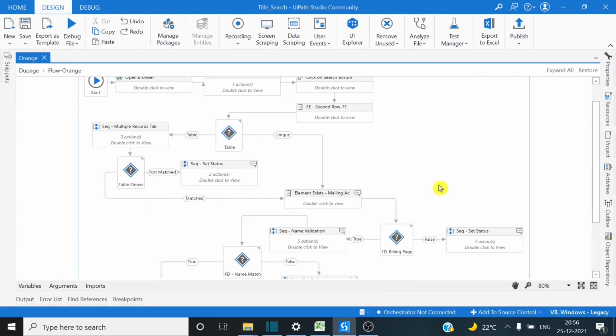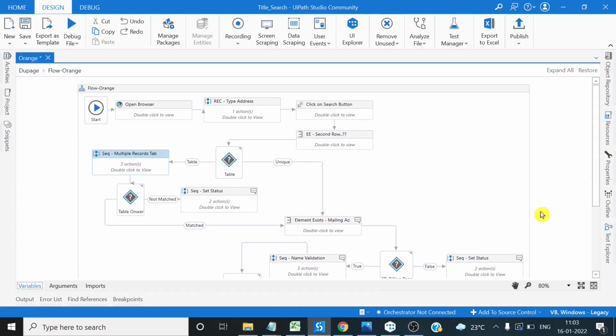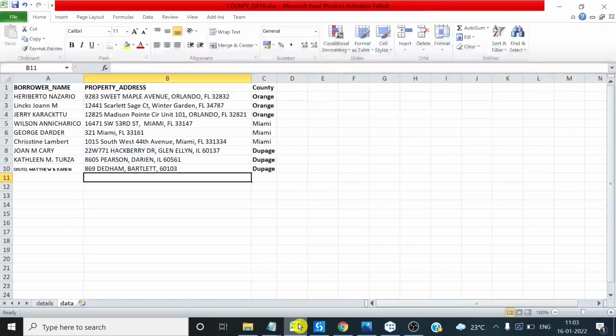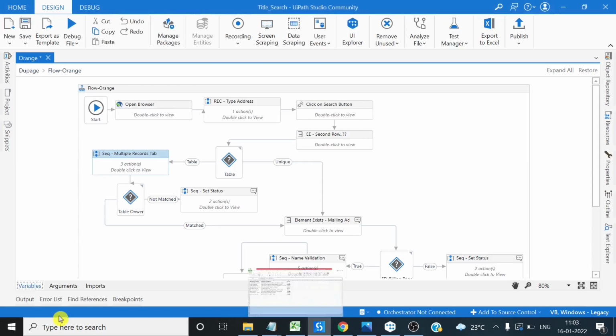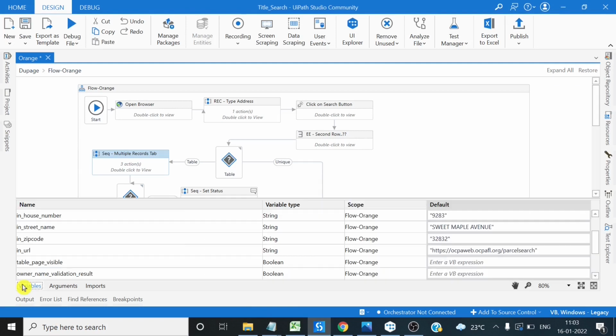Okay, so now the flow is corrected. Selectors also we have changed. So before I go ahead, I have to change the variable data for the multiple records. Let's go to the Excel. So we have done multiple records development using this data, this record. So I'll just change the owner name first of all. Go here in the variables, change the owner name to